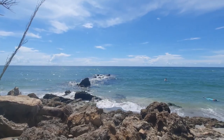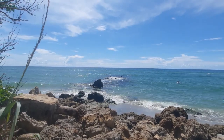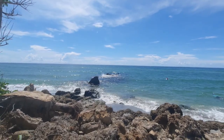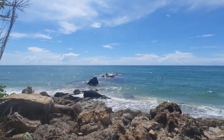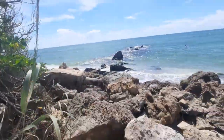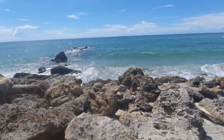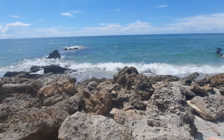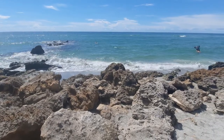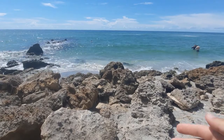So I'm over at Caspersen Beach near Venice, Florida. This is actually one of my other local favorite beaches in this part of the state. But yeah, where I'm basically chilling out is a large dune right behind me. And then we got some slabs of limestone, which I do believe were added here, if I'm not mistaken. But for all I know, they could be here naturally, just because adding these rocks helps prevent further erosion